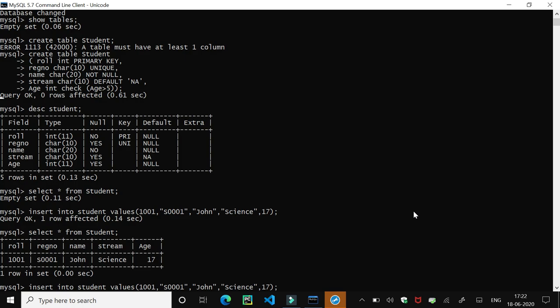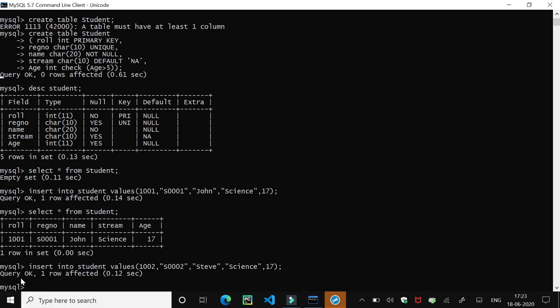So I am going to edit it, and I will pass here 1002. Then the registration number is S0002, and then I will change the name here to Steve, and I am going to assign the same stream here, science, and the age is 17. It's okay. Then if I press enter here, again it will give the message one row affected.